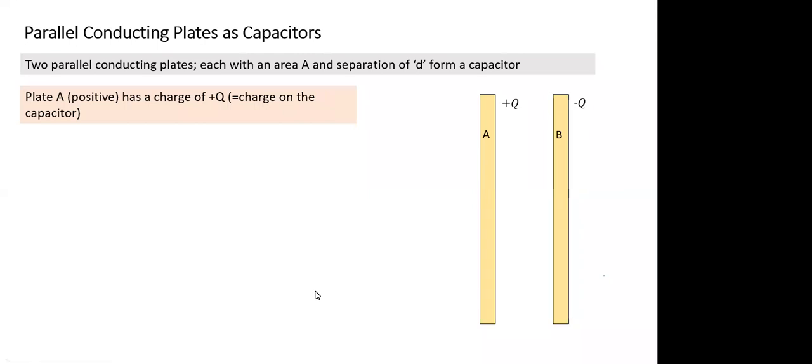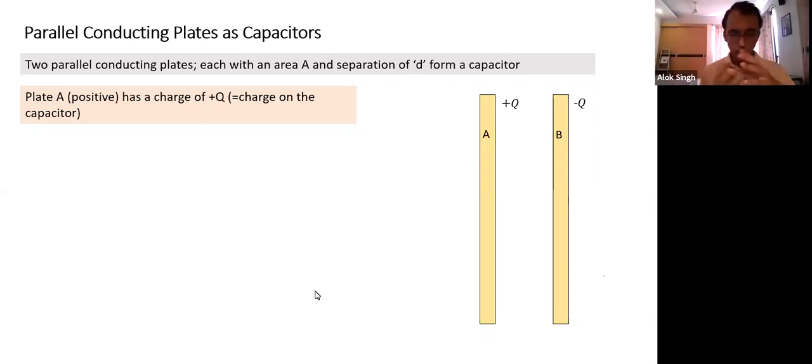Field into distance. Well, basically, whenever we talk of potential difference, we think potential difference is created by field. dV is equal to minus E dot dr. So we need to find the field, and the line integral of field from one point to another gives the potential difference. The negative of the line integral of field from one point to another gives the potential difference between two points. So if I know the field between two points, I can find the potential difference.